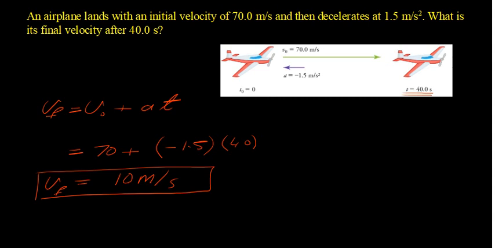The final velocity, which is something expected. The airplane will start slowing down. So as the time goes, the velocity will go less and less until it stops completely. But as I said before, we are concentrating on only the first 40 seconds from